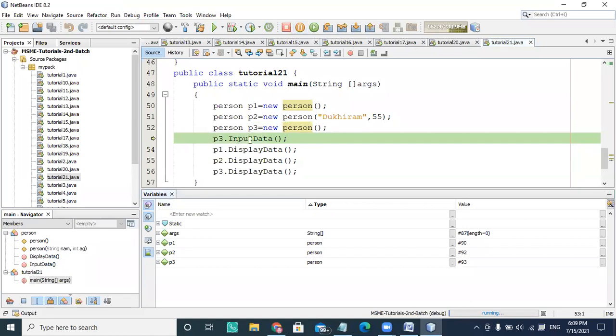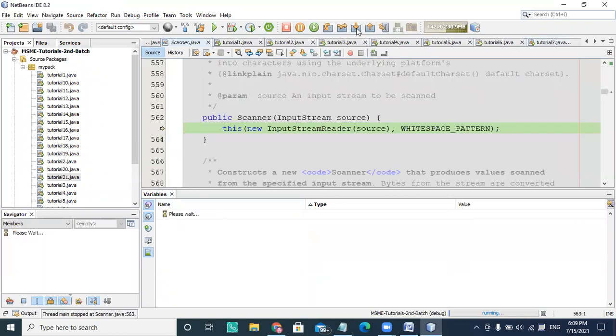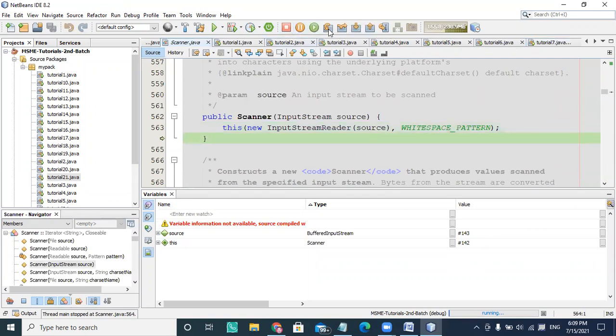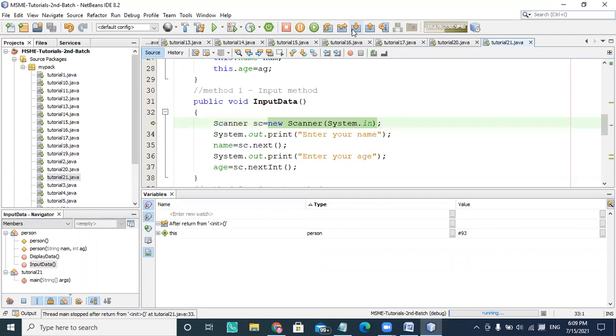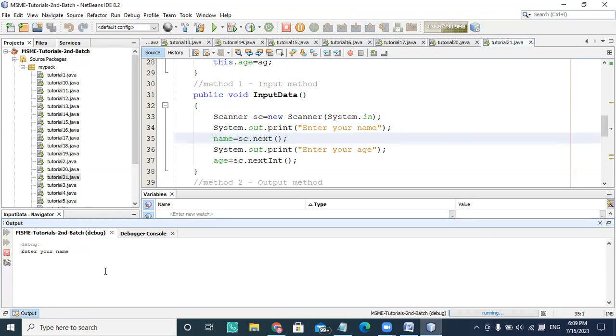But again I'm calling input data here, and when I'm going inside the input data, reinitialization is taking place, and I'm going inside my scanner object, and in that scanner object I'm entering the values. In the output, it's giving me enter your name.